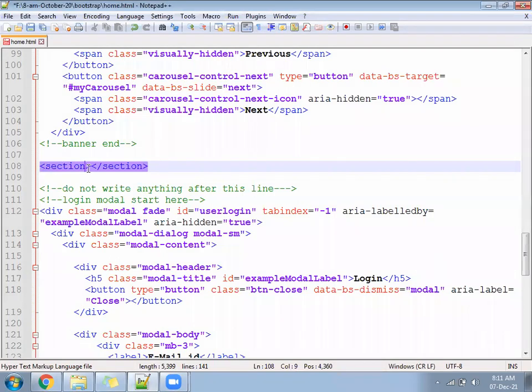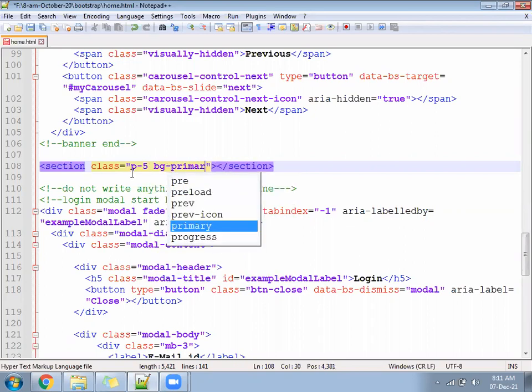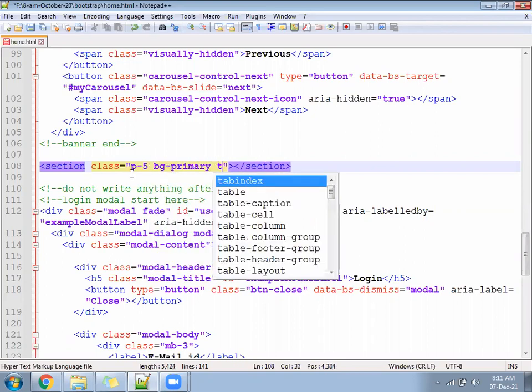Class equal to p-5, padding 5, bg-primary and text-white.